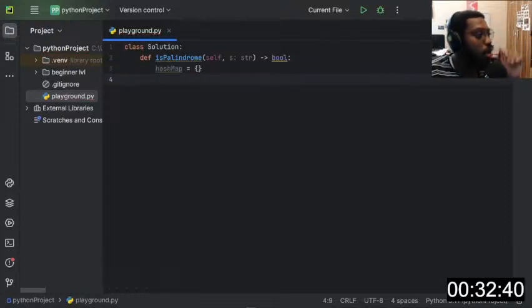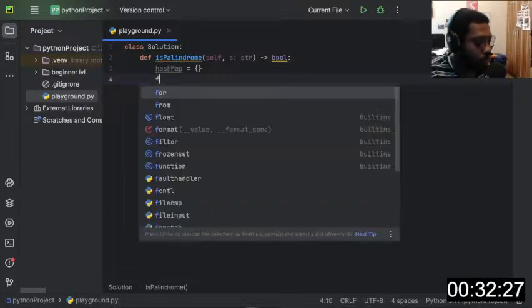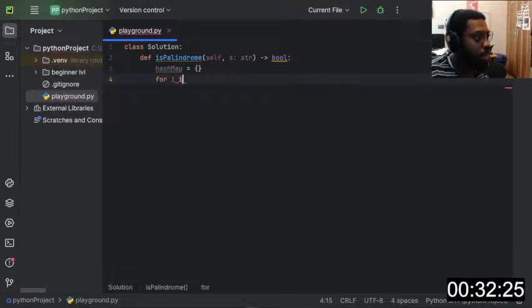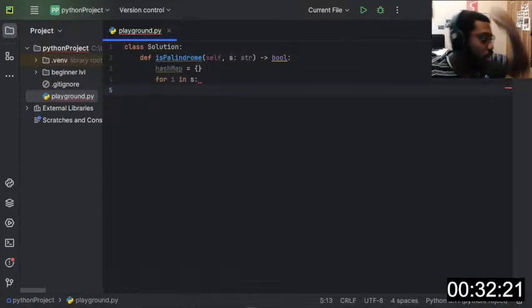Now, this is an empty dictionary, and what we need to do here, we'll create a loop for each item in the string. For I in S, where S is our string, then